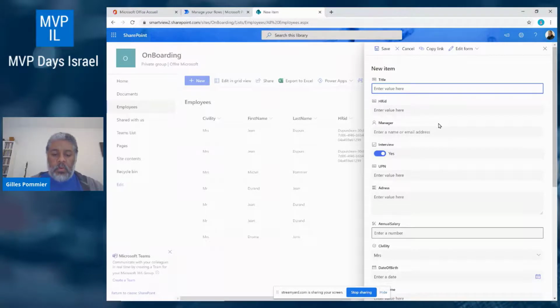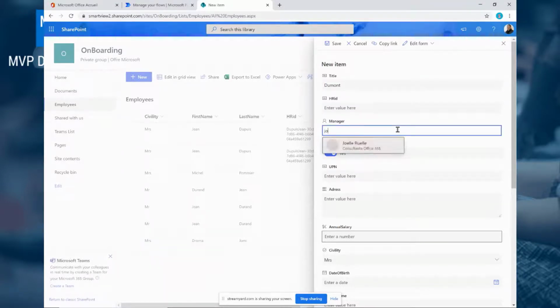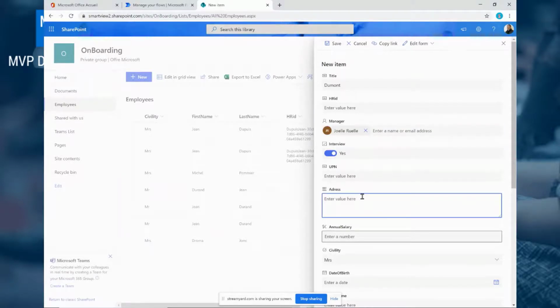So for my new employee, I have to enter all the information for this employee, so his name. The employee will have a manager, of course, and then the contract will be sent to his personal email address, because so far you don't have an Office 365 address in my company.